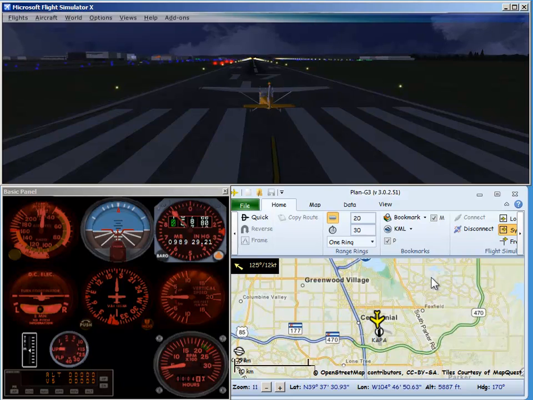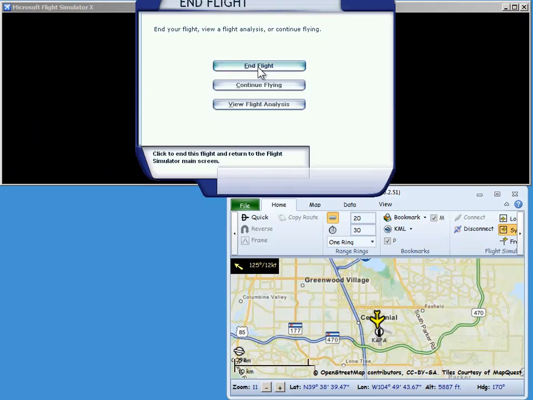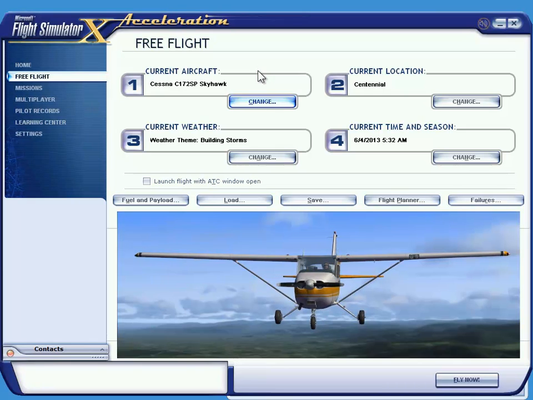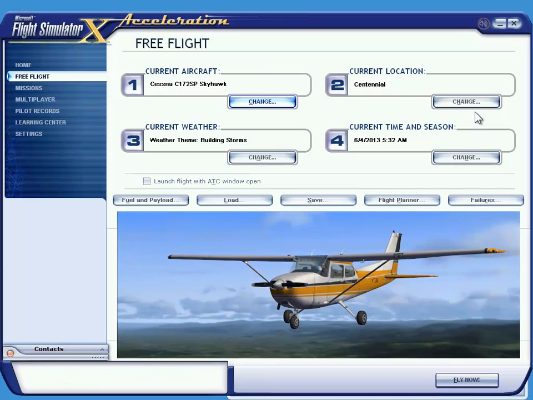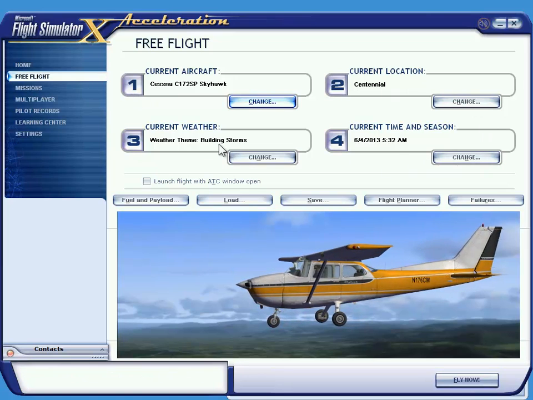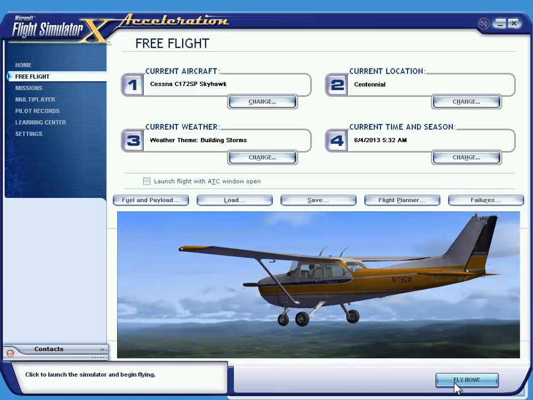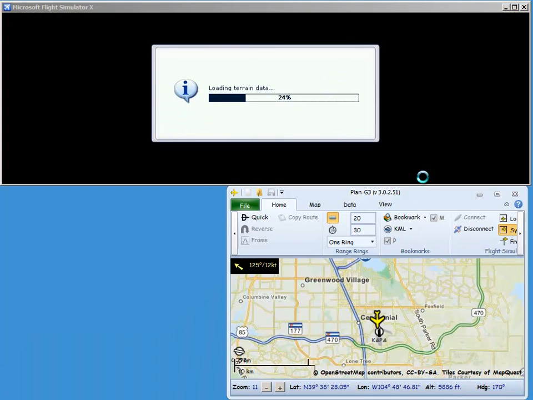If you want to go back and load up another flight, all you do is just go to Flights, End Flight. That takes you back to this window, and you can go in and pick another plane, another airport, change the weather. One thing you can do also when you're in a flight, and your computer won't take as long to load as this one, sorry about that,